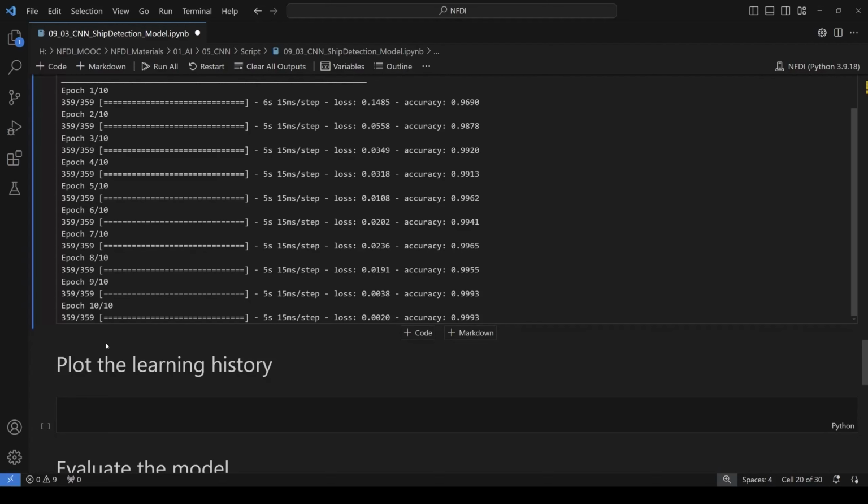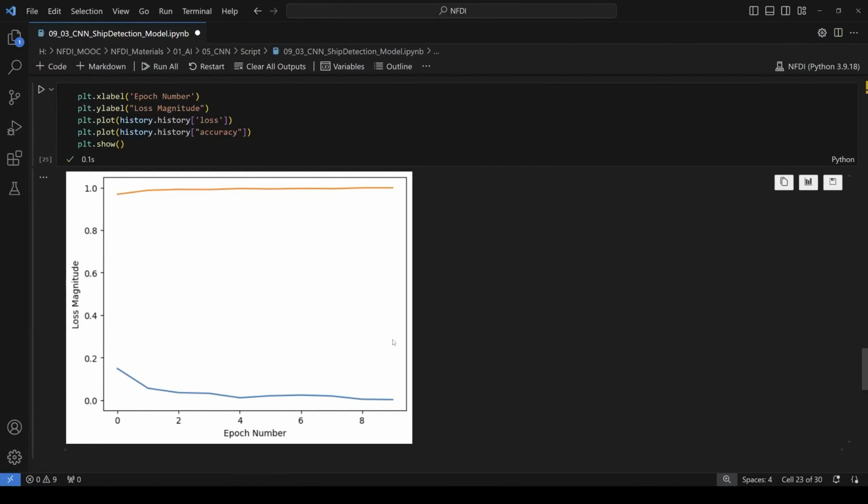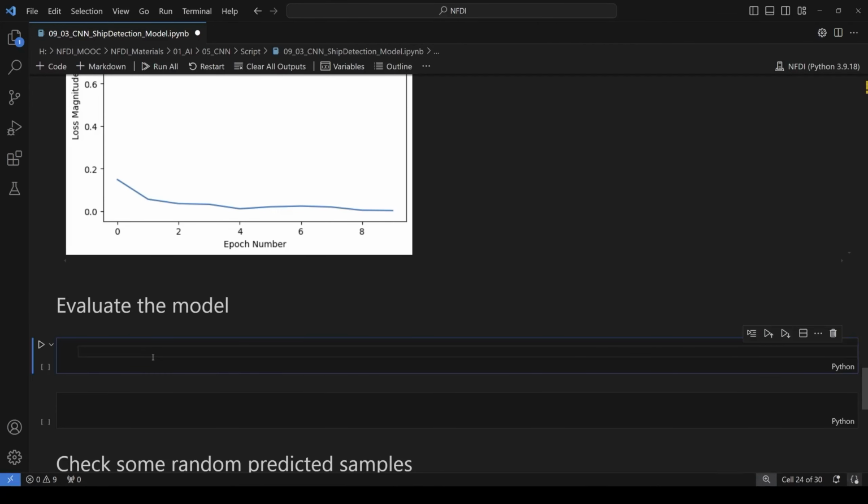After a couple of minutes, the training is done and the model reaches a good accuracy from the first epoch and improves a little bit over the time. I will add the plot to visualize the training. Then I evaluate the model to check if there are too large differences between the training and the testing dataset, which might indicate overfitting. So model.evaluate